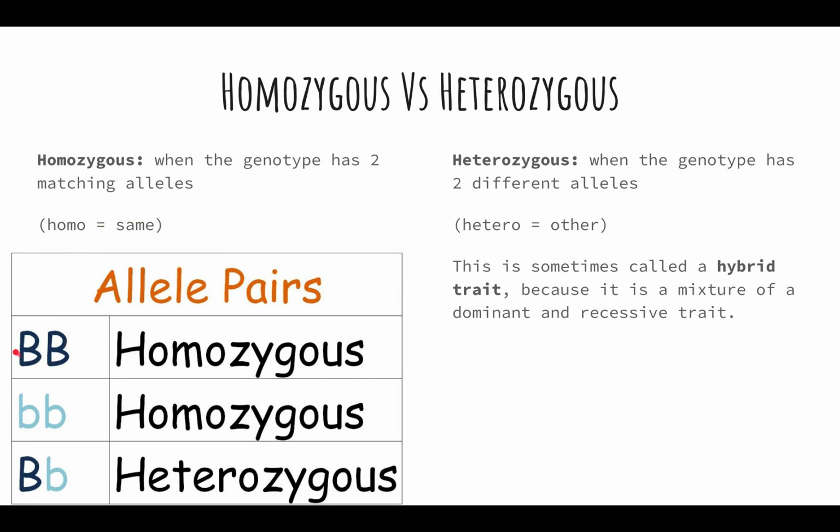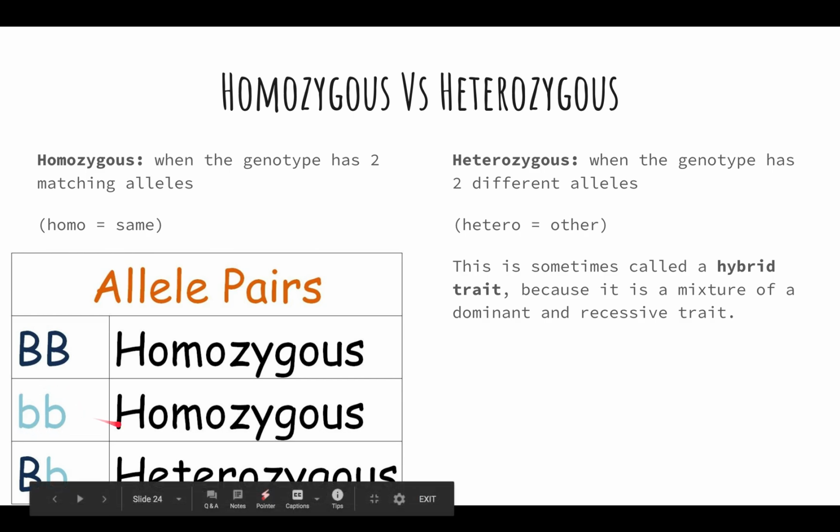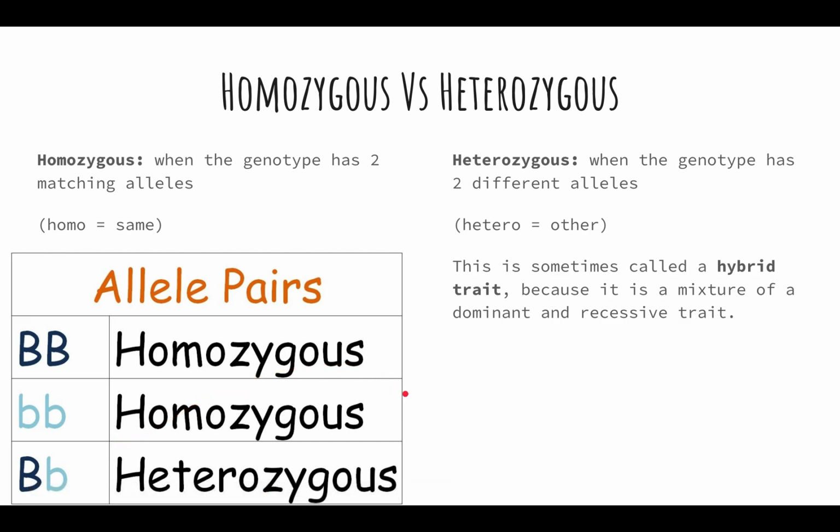For example, if we have these two allele pairs and they're both dominant genes, and it doesn't matter what the gene is, we say it's homozygous. And if it's two recessive genes, we say homozygous. But if it's a mixture of one of each, we say heterozygous. Now, the heterozygous is sometimes called a hybrid trait because it's a mixture of two different traits, one dominant and